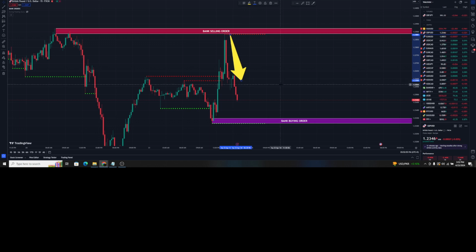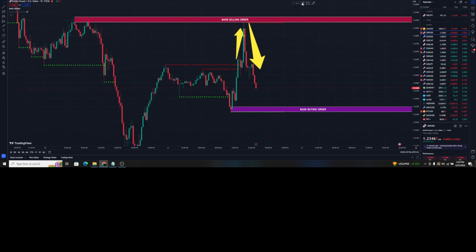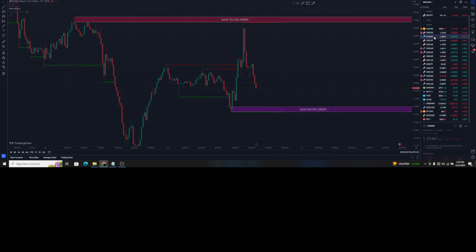You can see this is the Great Britain Pound USD chart, and you can see right from the bank selling order, plus we have the dotted red line. So when the dotted red line comes with the bank selling order, these types of areas become very strong, and you can see a forward rejection to the downside. And as you have seen, this candle was able to close above the dotted red line, so it was a buy signal. So this indicator plots a variety of methods to trade. Like you can see, this candle closes below the dotted green line, it was a clear sell. So this indicator will provide you with high profitability, and you can definitely grow your account within 3 days.